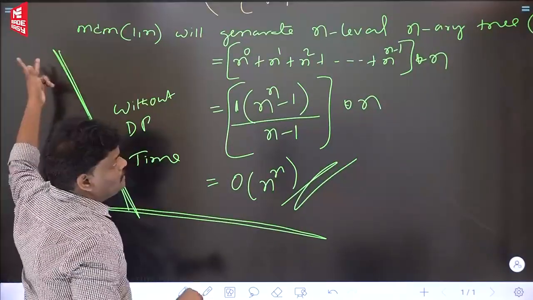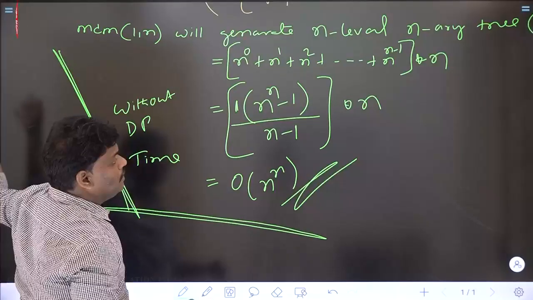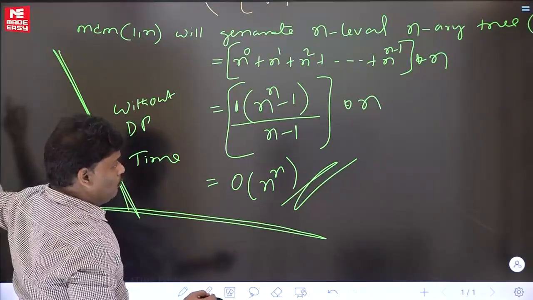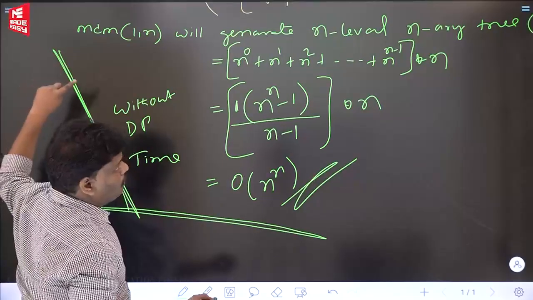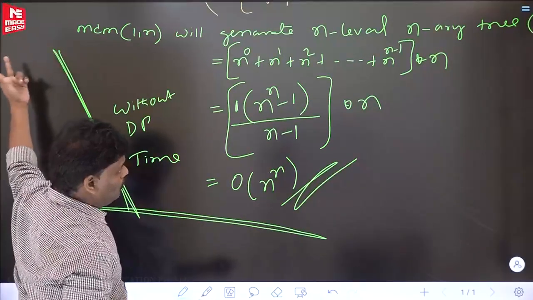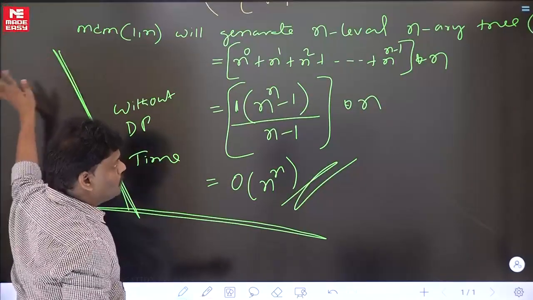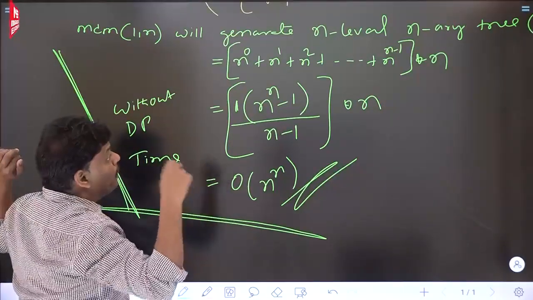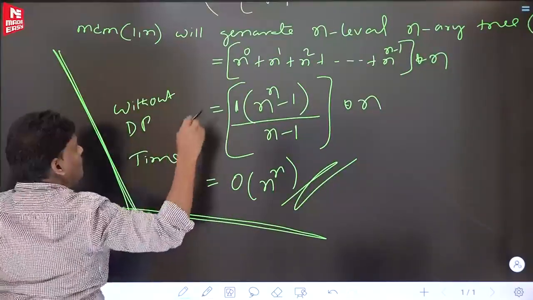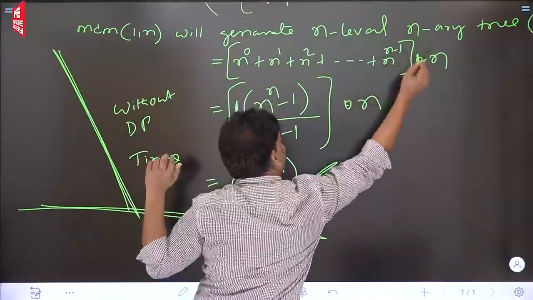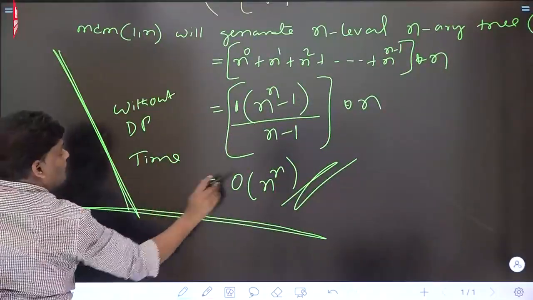Previously, all applications were given a binary tree. But here it is given an n-ary tree. And one more thing: in all the previous problems, one function cost is constant, because out of 2 people taking the minimum, out of 2 people taking the maximum, or 2 people adding takes constant time. But here, out of n people finding the minimum, one function cost is n. So finally, the number of function calls is these, one function cost is n, overall n power n. So without dynamic programming, the time complexity is this much.